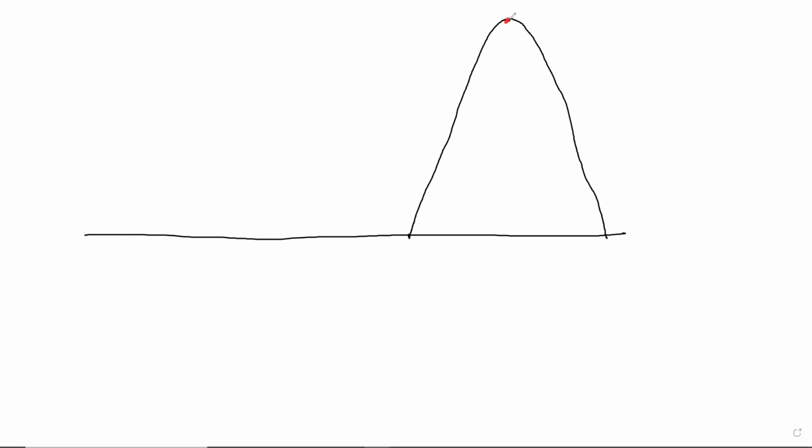When I say height, I mean we want to measure this perpendicular distance, not the slanting distance. That's a bit more complicated to do, and it's not a triangle. So we want to measure the height of this. What tools do we have at hand? What kind of things can we do? We have a small pole here.